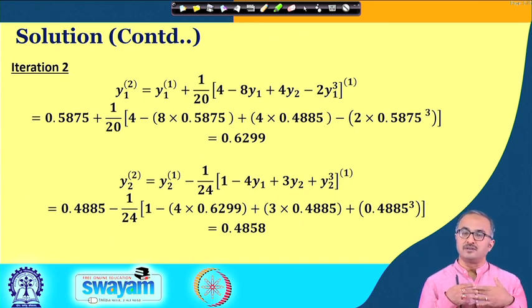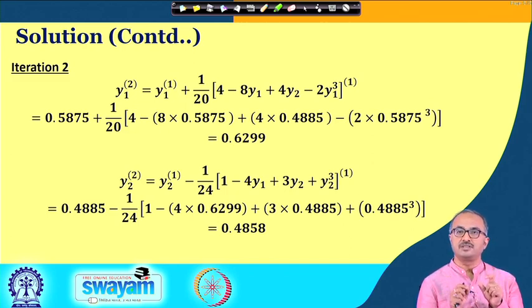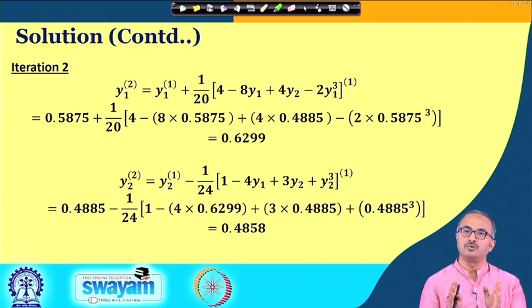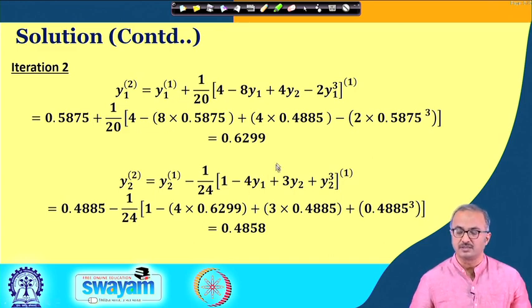Okay, and whatever convergence criteria you may evolve, that must take care that all the deviations for all the roots are taken care of, and the precision and the accuracy must be ensured for all the roots involved in a given system of equations or a given process. So here you can see that the root for y1 with this particular representation is not converging as fast as it is for y2.